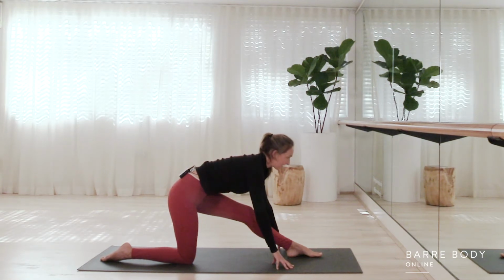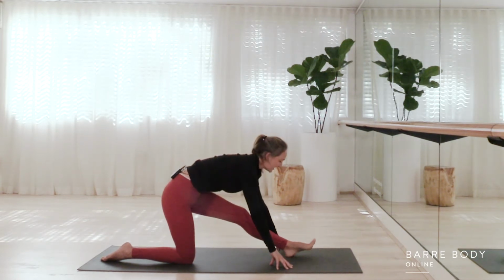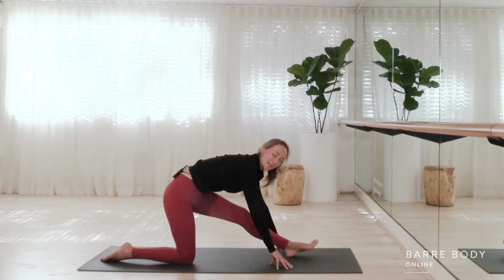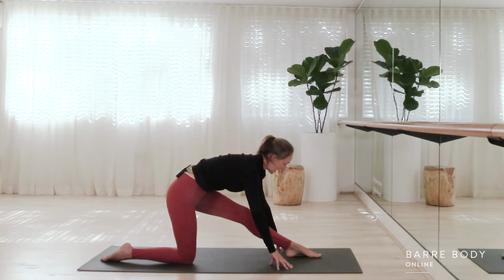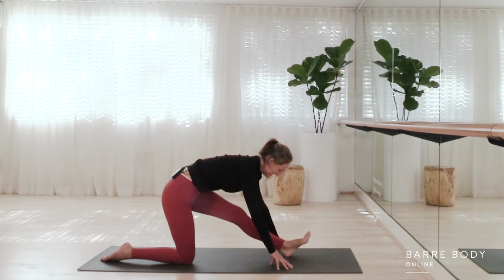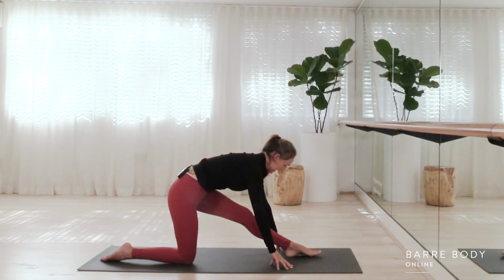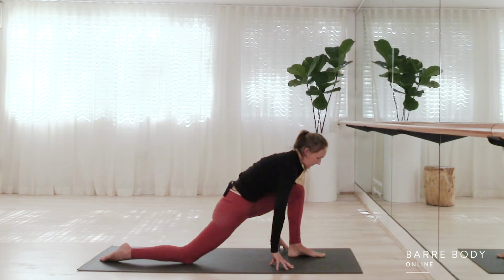See if you can lengthen the spine away from the pelvis, and now pull your toes up towards the ceiling and take your toes back down to the floor. So you're pulling your toes up to the ceiling and lowering them down to the floor. We'll just do that a few more times, moving through the ankle, just increasing the stretch for the calf. And last time here,